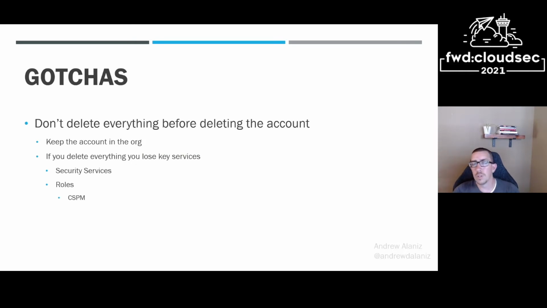All right, so you'll notice that in most of those how-tos, they said delete everything in the account before terminating the account. I think there needs to be a clarification here about deleting everything. It could make sense to delete some things, like compute and storage. But if you delete everything, that's going to include IAM roles, route tables. Maybe you have vulnerability scanners that are scanning the system. If you have cloud security posture management, Macie, GuardDuty, anything that's using cross-account roles is no longer going to have access to that account.